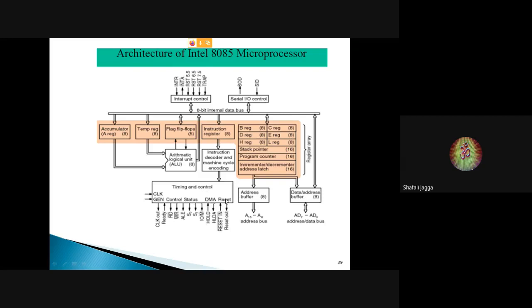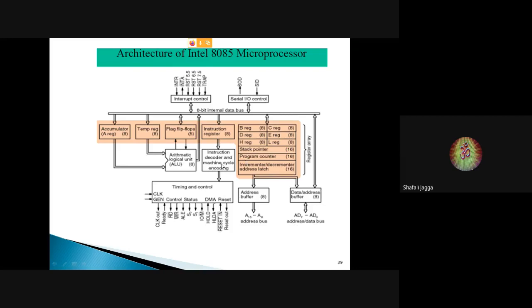After this, we come across the reset out signal. Whenever the reset in bar signal is given to the microprocessor to reset the device, when this is made 0, the microprocessor is reset. Now, if the microprocessor wants to reset any other device, this can be done by the reset out signal. So, reset out is used to reset any external device whenever the microprocessor itself is in reset mode.